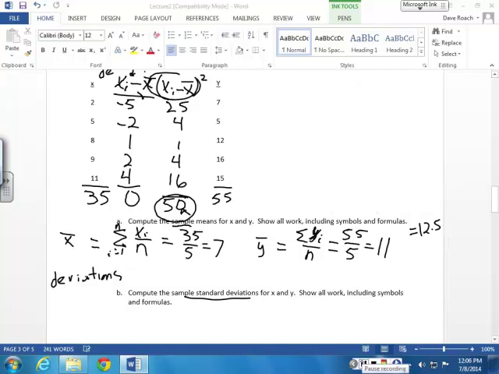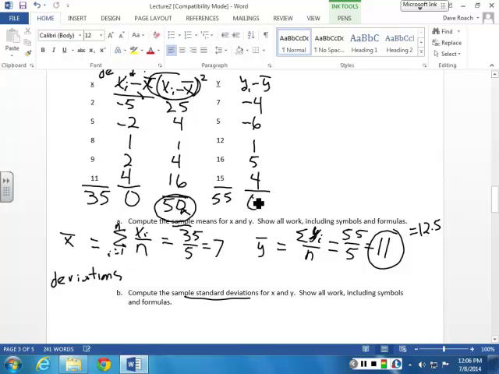Okay, for the y's, I'm going to do the same thing, just for y instead of x. So to get the deviations for the y's, I'm going to take each y and subtract the mean. So subtracting 11. And I always, personally, add those up to make sure it's 0. So I'm going to square these. And sum those,